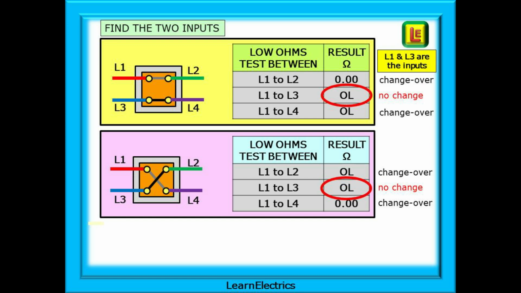What would we have as test results if the switch was labelled differently? Let's test and see. Carry out the test for the previous switch style and note the results. Looking at the two tables shown, we can see that L1 to L3 never changes. It is always OL, no continuity. But L1 to L2 and L1 to L4 do change over when the switch changes over. And so do the test results between continuity and no continuity, on-off, on-off. Because L1 to L3 never changes, because they are never connected, this means that these must be the two input